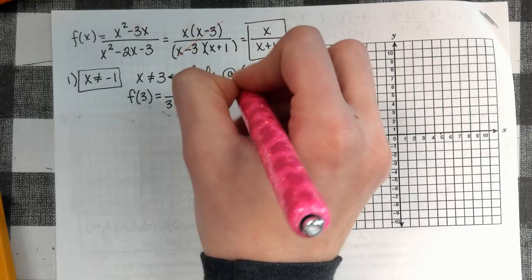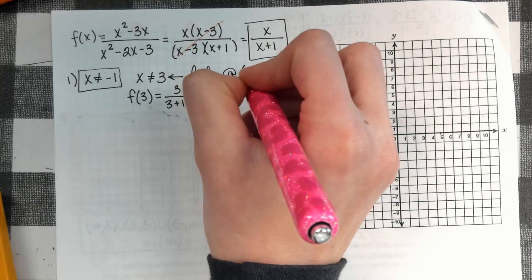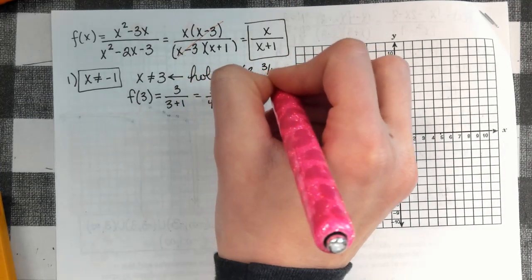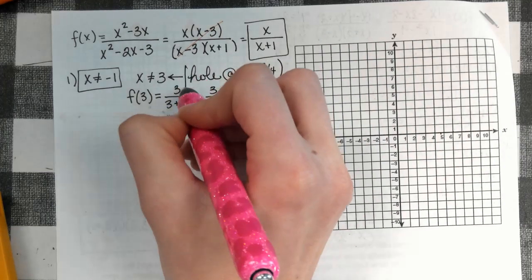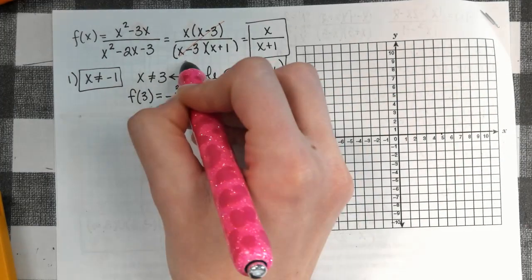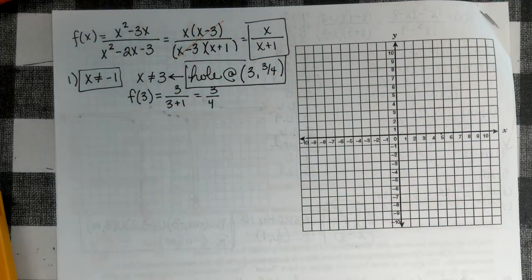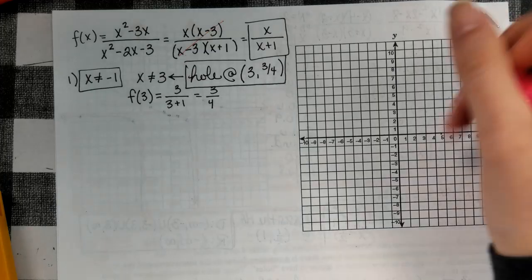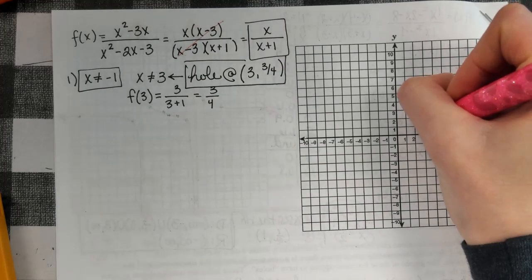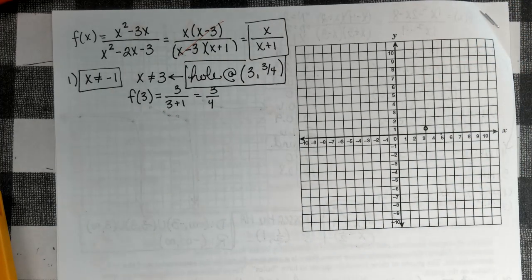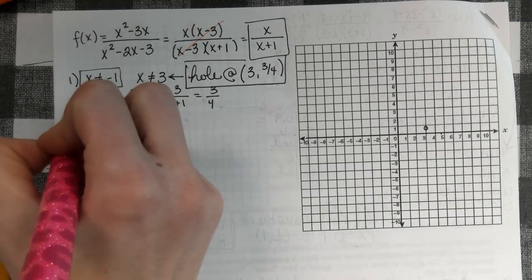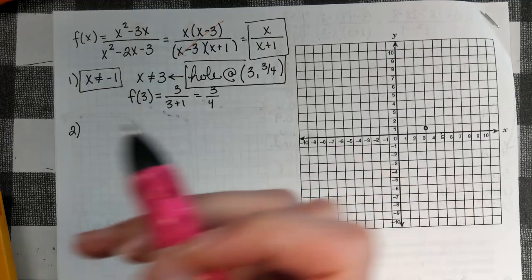So our hole in the graph is where? 3/4. So that is your point of discontinuity. So I'm going to go ahead and make an open circle there. So then when I move on to my x-intercept,